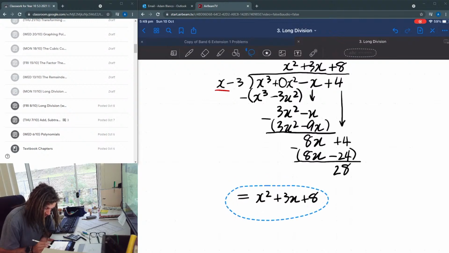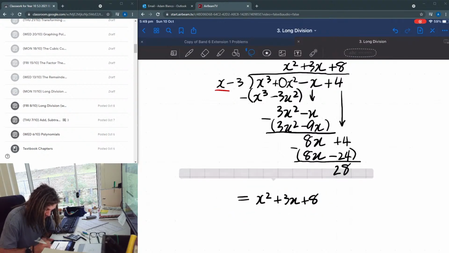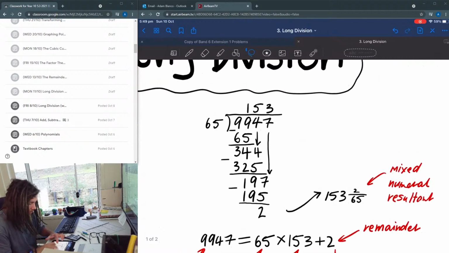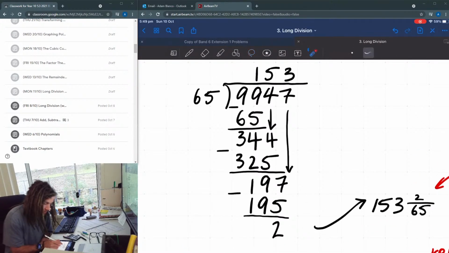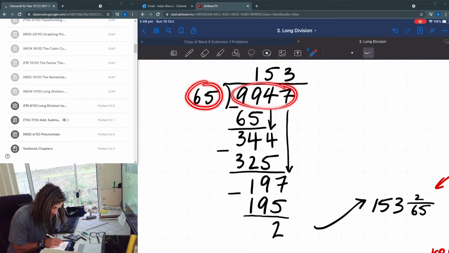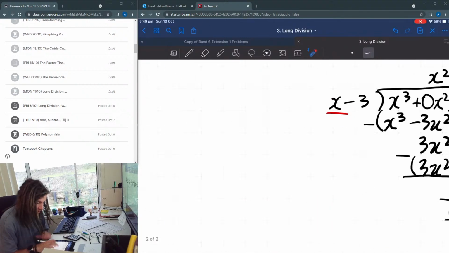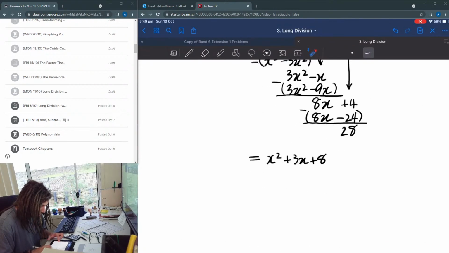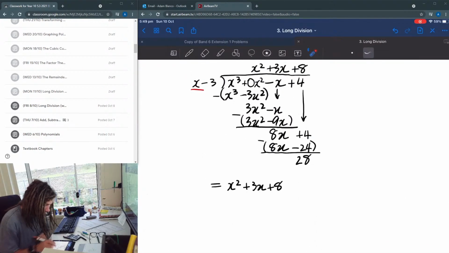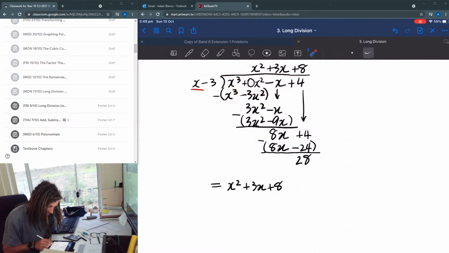I'm going to try and relate it to the last one. So think about this. This divided by this is equal to this, remainder 28, or this and 28 over this. So I'm going to write it like that. Okay, so it's this divided by this is this